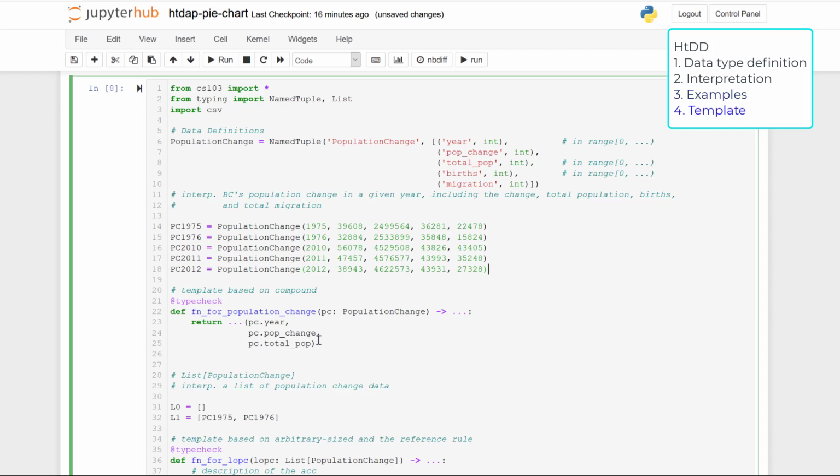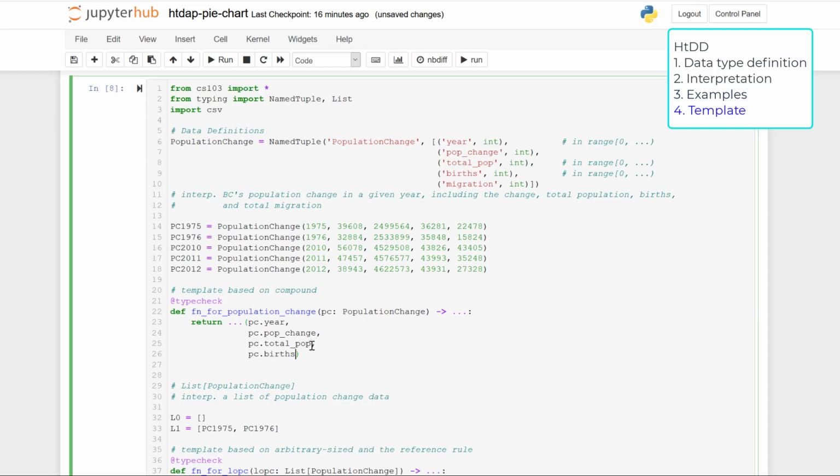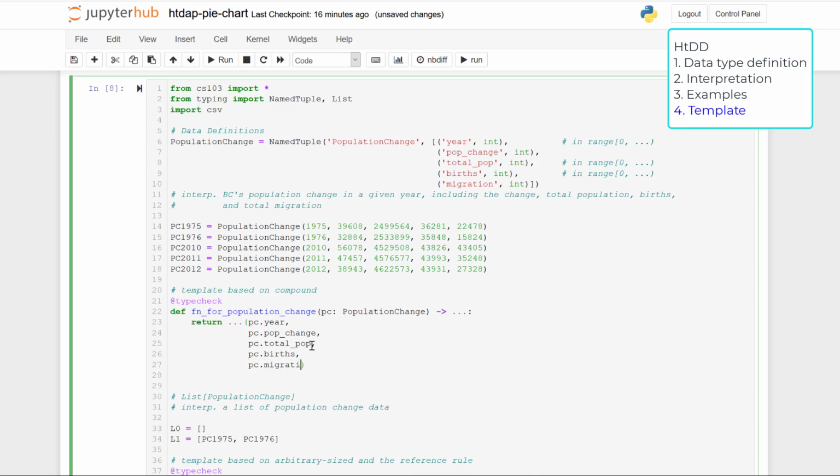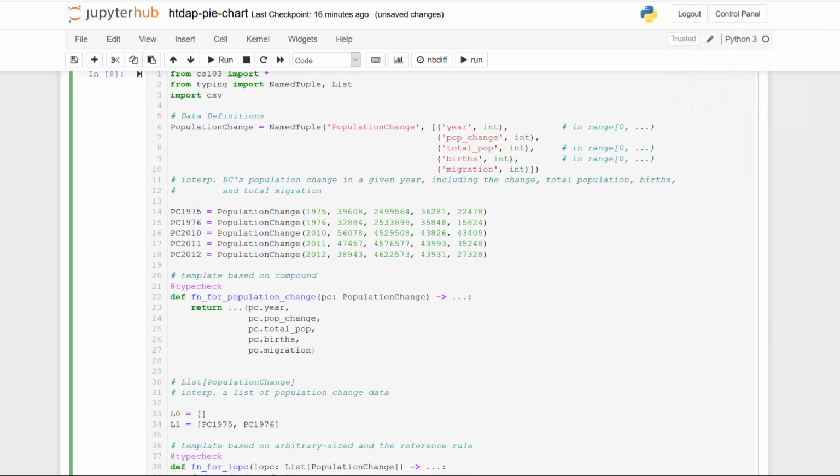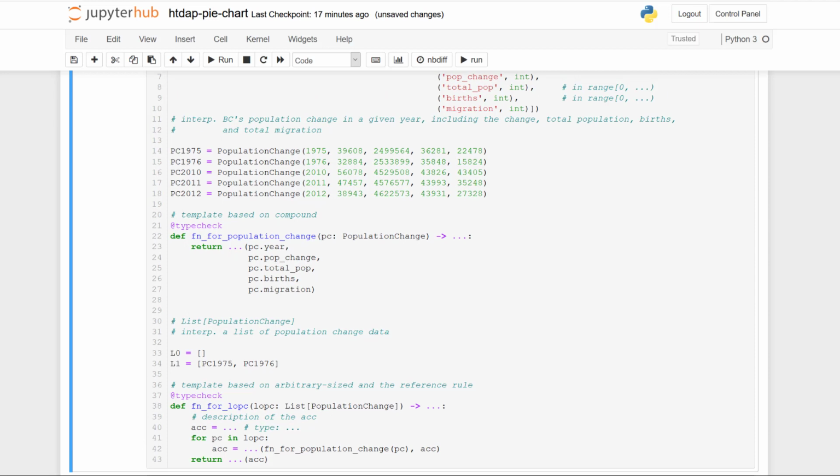Finally, we need to update the template. Nothing needs to change in our list type.